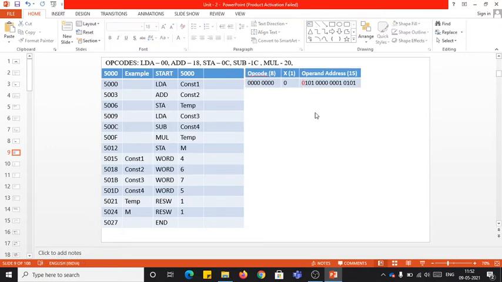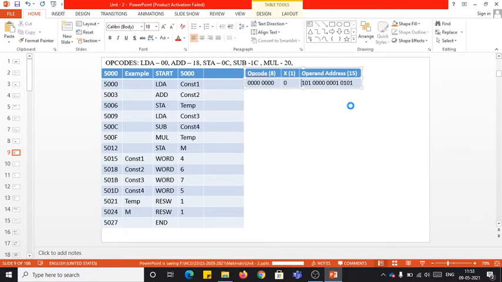It is not that I am neglecting it because it is 0. No, it can be either 0 or 1. The first MSB bit needs to be neglected. So if I delete this, it becomes 15 bits. Now you can see this is how the operand address needs to be mentioned in the 15 bits. Instead of 0101, it has become 101.